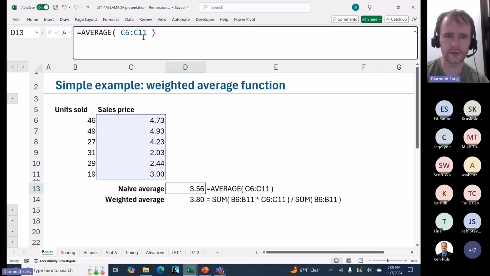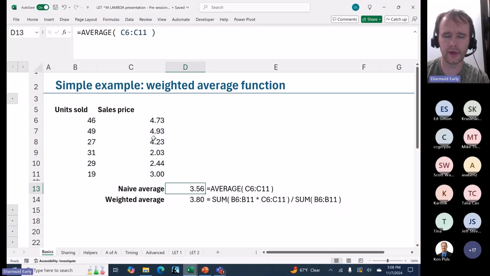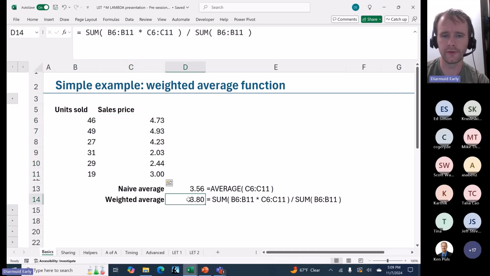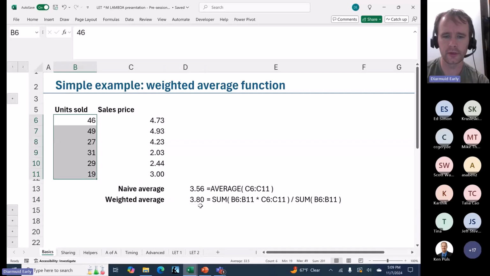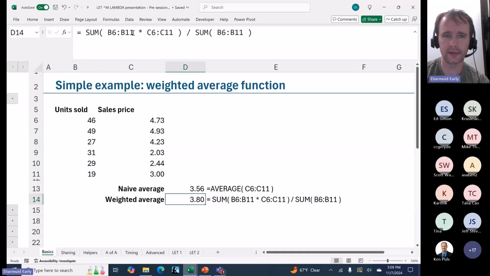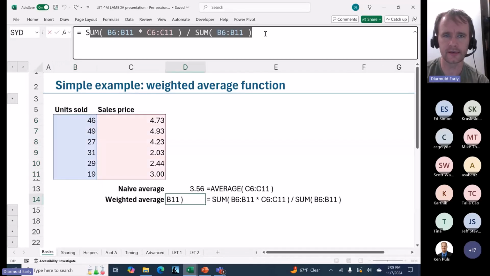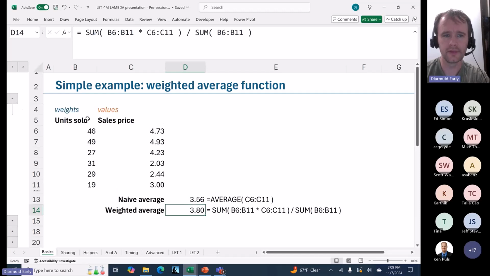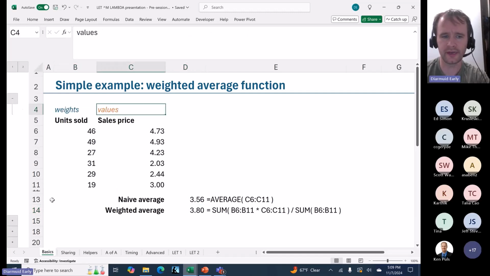So, if you just take a straight average of that, you get not the right answer because you sold more of, let's say, these few ones up here at higher prices. You sold fewer of these ones down here at lower prices. So if you weight according to the number of units sold, you get a weighted average. And so that looks, again, exactly like sum of this range times this range divided by the sum of this range. That's your weighted average. Then you can just give those names, weights, and values,